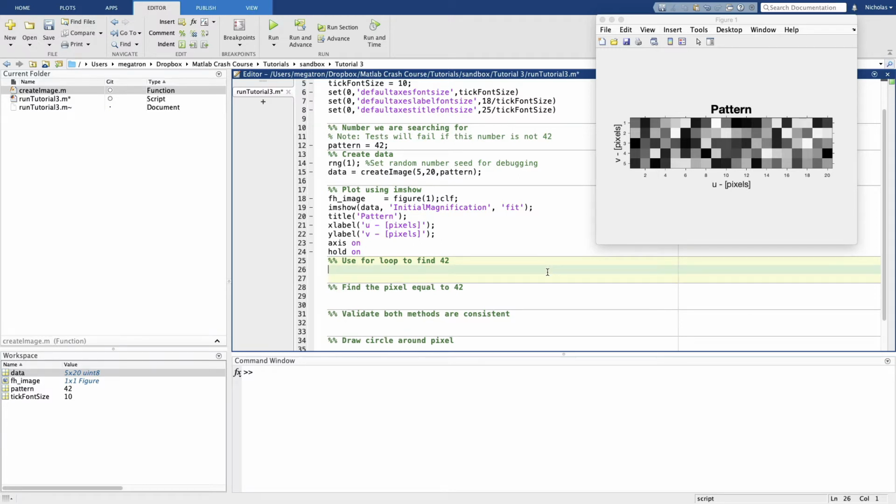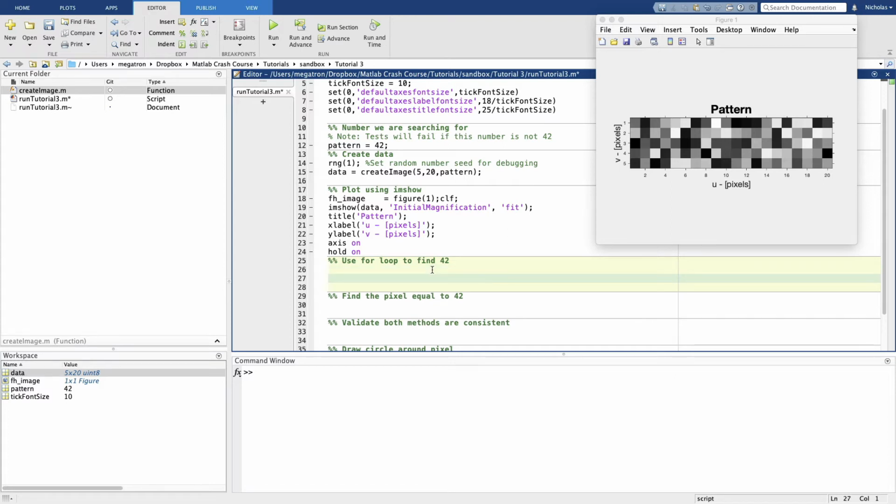We can use the same strategy that we used in the last tutorial, where we looped along the row until we found the number we were after. Now we just need to do that twice. We need to loop along each row or down each column, depending on which way you'd like to think about it. But what we actually need is a for loop within a for loop, one for loop to manage each dimension. The first thing we need to know is how high we need to count. So we're going to use the size function, and to use size you give it a matrix, in this case data,